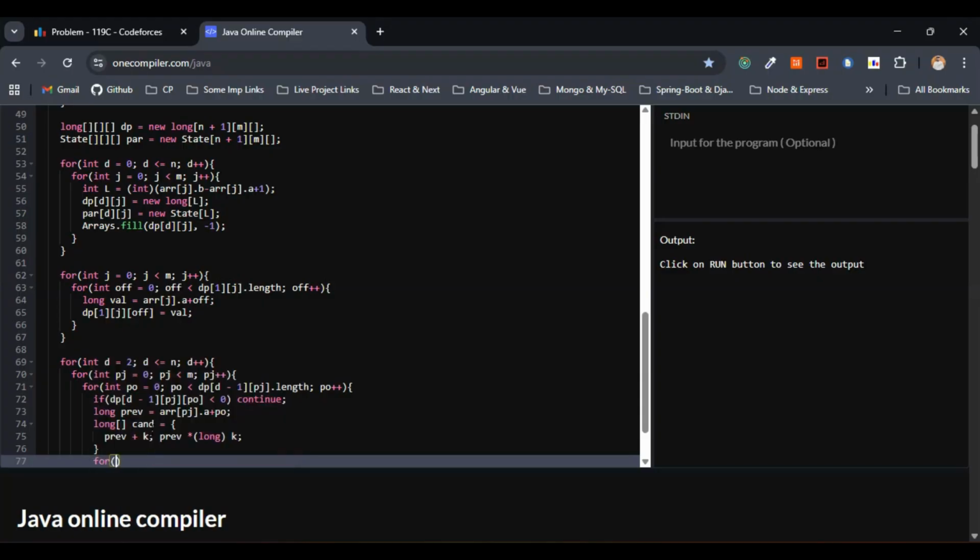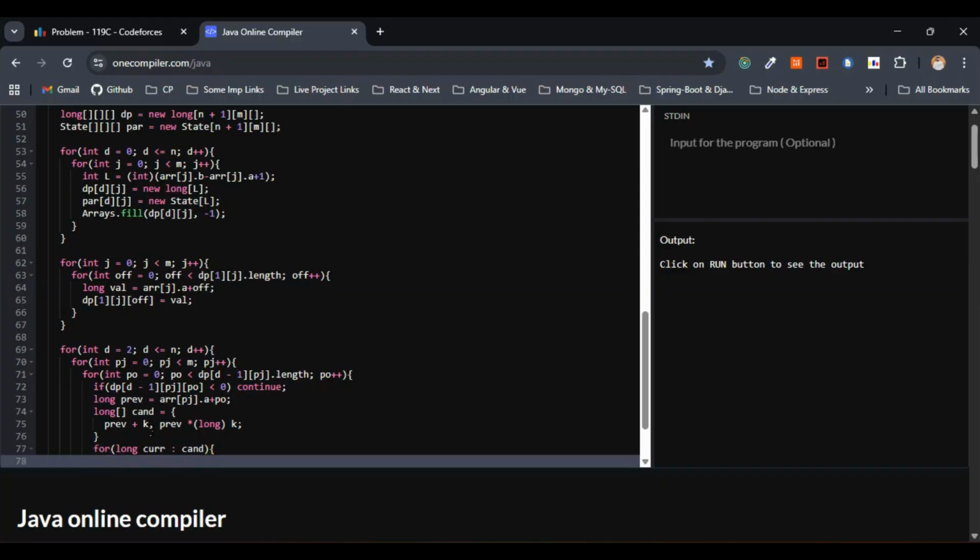So let's go with a simple for loop again. This one will be long, parent, and this one will be candidate. So this is fine, I believe. Now within this for loop, what we need to do basically, we are going for each